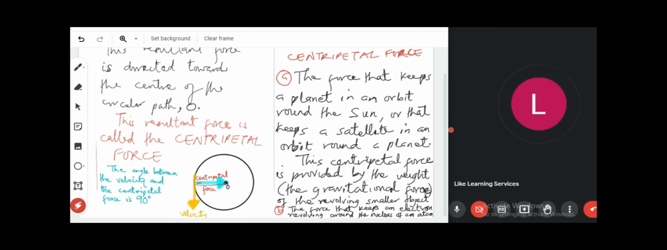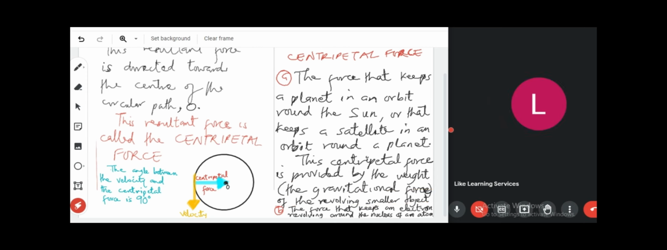And that centripetal force is towards the center of this circle, which in this case is the center towards the Earth. So there's a gravitational pull between the satellite, e.g. the moon, and the Earth, which is towards the center, or towards the Earth, that keeps the moon in an orbit around the Earth. Now, I said this centripetal force is provided by the weight or the gravitational force of the